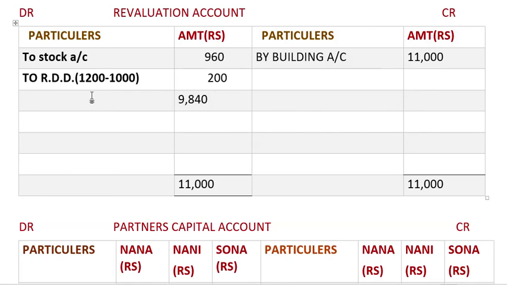So two partners, two capital accounts, and we'll distribute it in the old profit sharing ratio, Nana, Nani and Sona. Okay, so when we distribute this 9,840 in the ratio 5:2:3, we get the amounts as